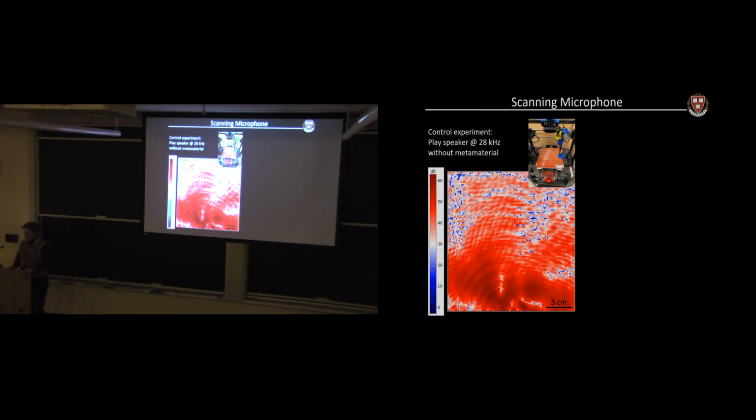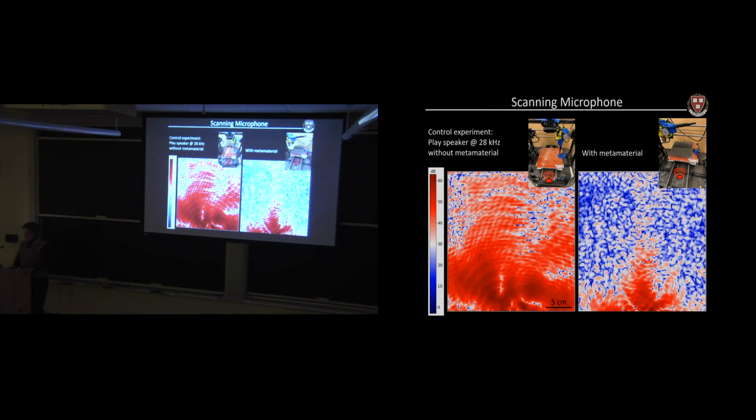So first we did the control experiment with no waveguide here. We had a microphone, or sorry, a speaker here, and you can see the waves go everywhere. And this is data that's 2 days old, and we haven't optimized this at all. And then he put the waveguide, so here's the waveguide, and you can see that it's preferentially starting to propagate.